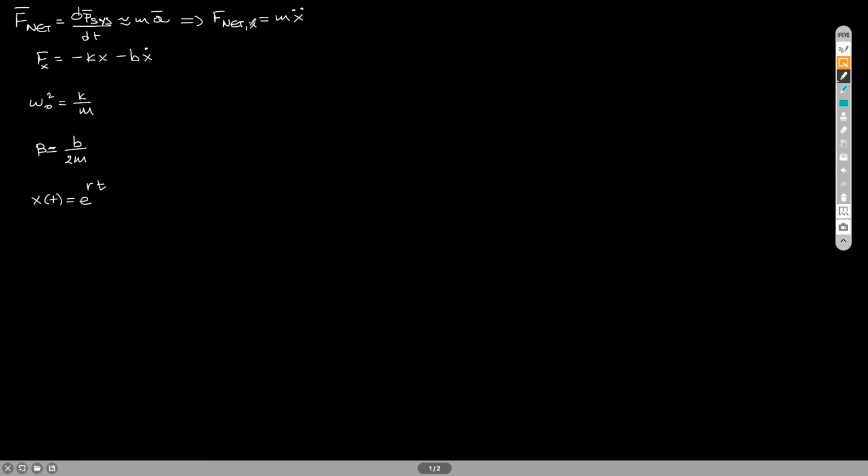So in the x direction, the x component of the net force is equal to m times x double dot, where the two dots represent the second derivative with respect to time. I can show you here. This represents the second derivative of x with respect to time, and that is what we call acceleration. Now, as I said before,